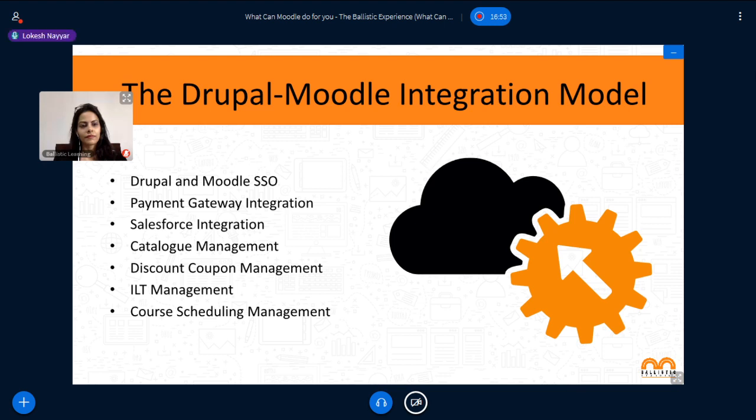Drupal Moodle integration model. The problem the client was facing was delivering courses to a lot of users face to face. The client's training materials were also being shared with users as hand notes and PDF files. The client came to us to set up a platform which could help them sell courses online. The client also wanted a high level of integration with different platforms. Since the client wanted to have content on the cloud, security of content was also a challenge for them.